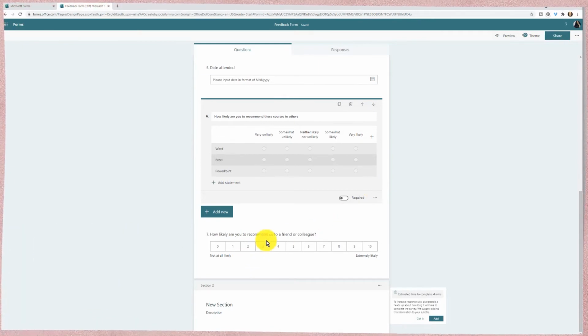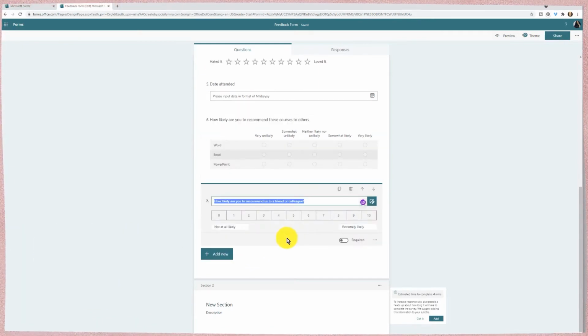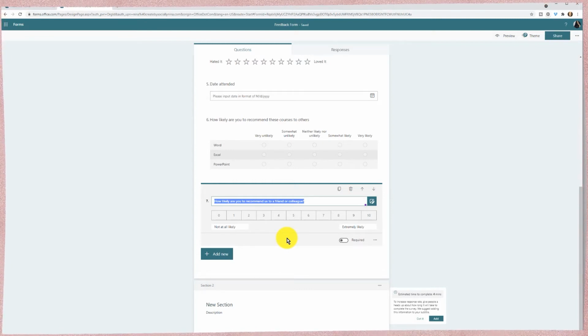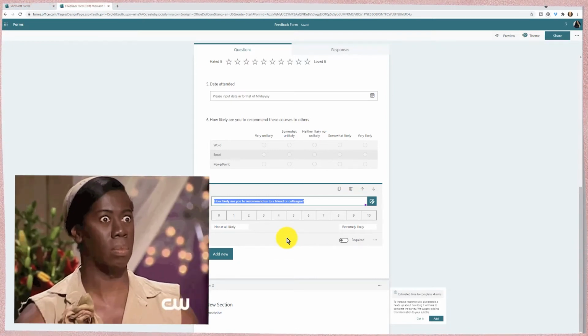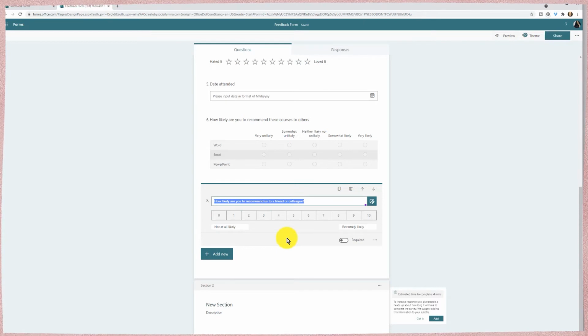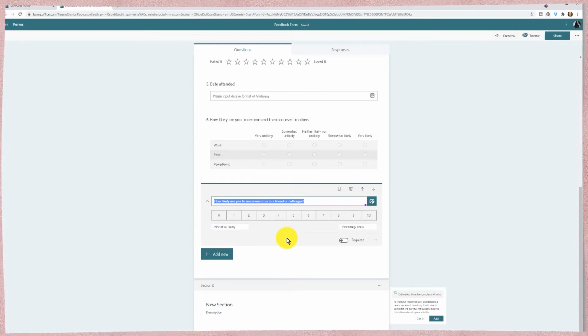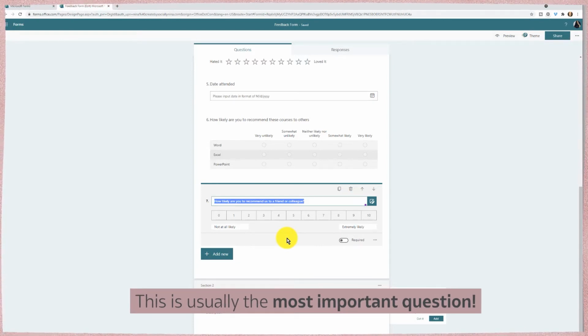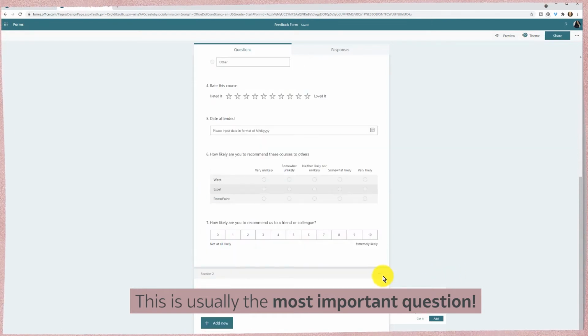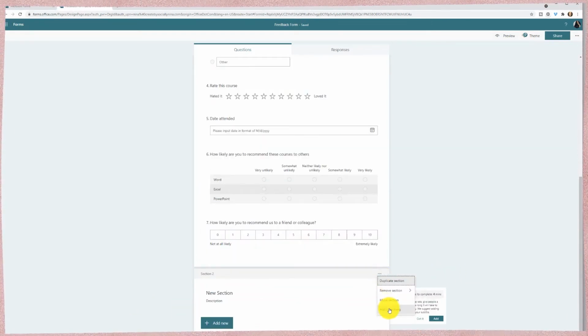Now, the Net Promoter Score, side note outside of this, basically this is the end all be all of what you should be looking at. Basically, would you recommend this to a friend or colleague or a family member or whatever, or how likely are you to? Some people put yes or no, some people put 1 through 10, whatever. But this is usually the most important question when you're doing surveys or feedback surveys, all right? I'm going to go ahead and delete this section down here,